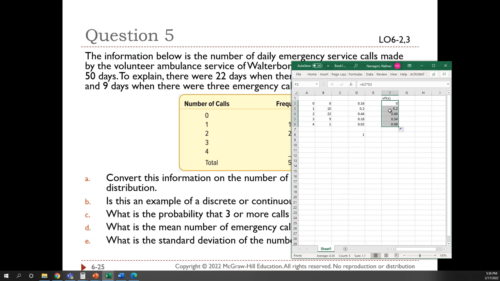So basically we got 0, 0.2, 0.88, 0.54, 0.08. Then we can keep going